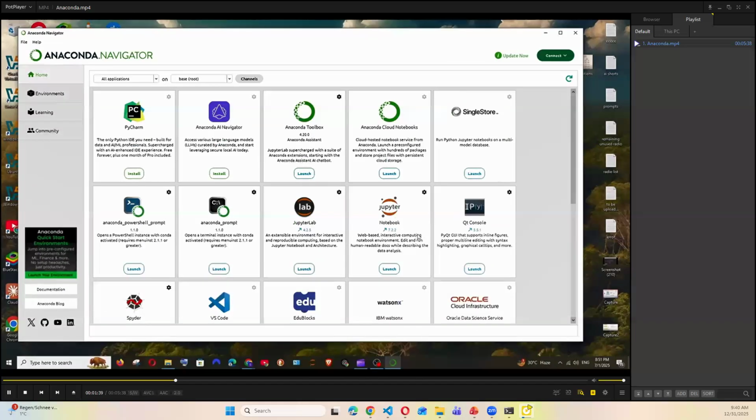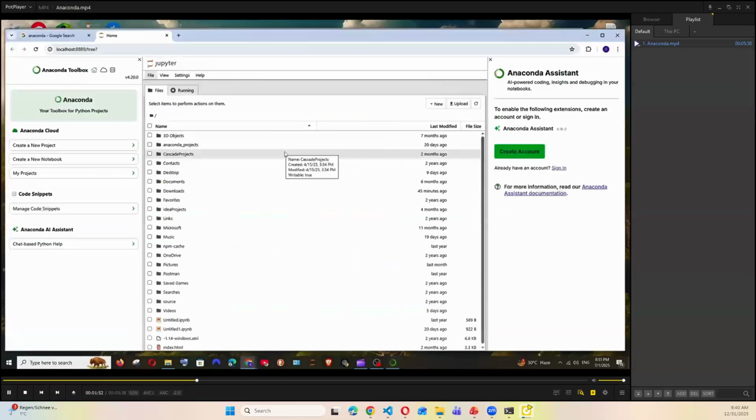And as you can see here, we have Jupyter Notebook, and you don't have to install Jupyter Notebook again because it's already pre-installed like this. So here we have the launch option. Just click it, and after this, Jupyter Notebook will be automatically launched in your browser, and it's currently running in localhost. And you'll be getting an interface like this. You can just close this.